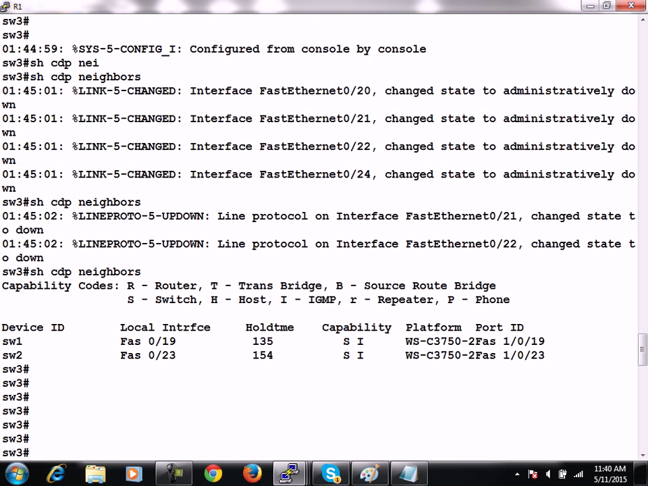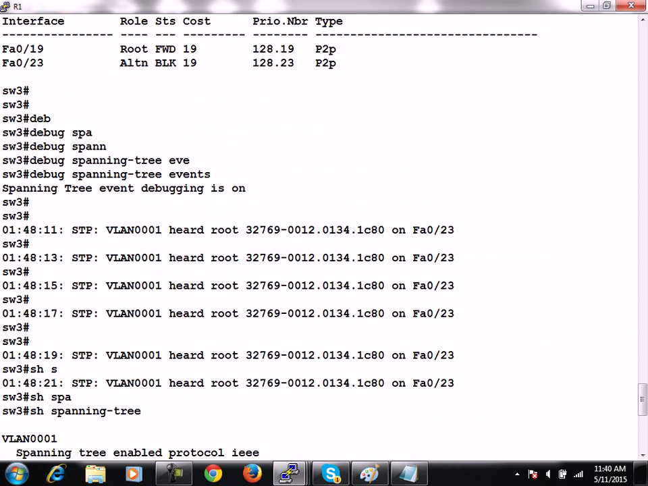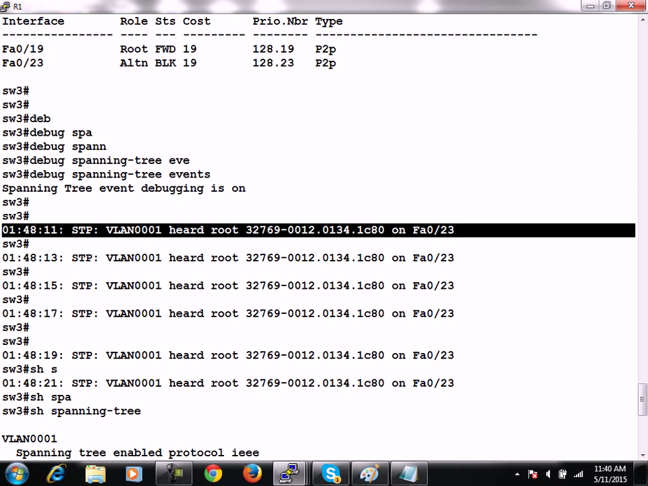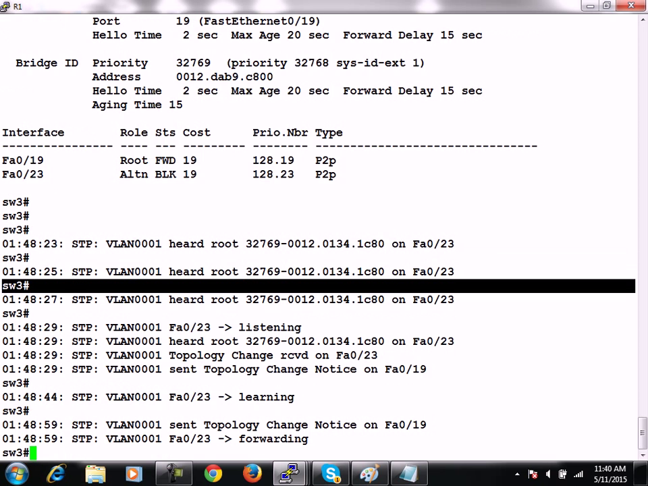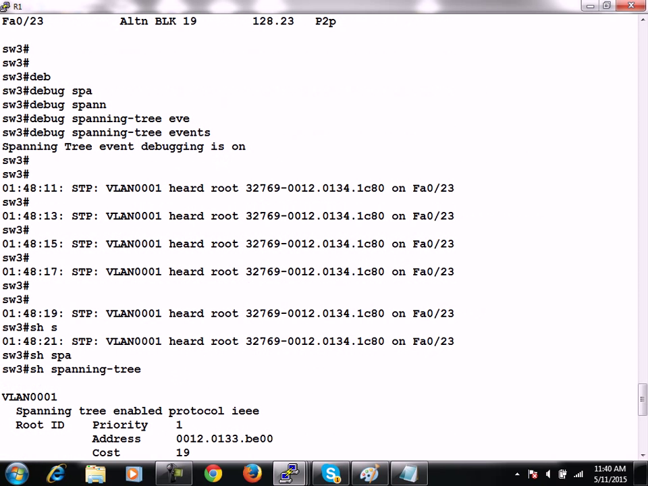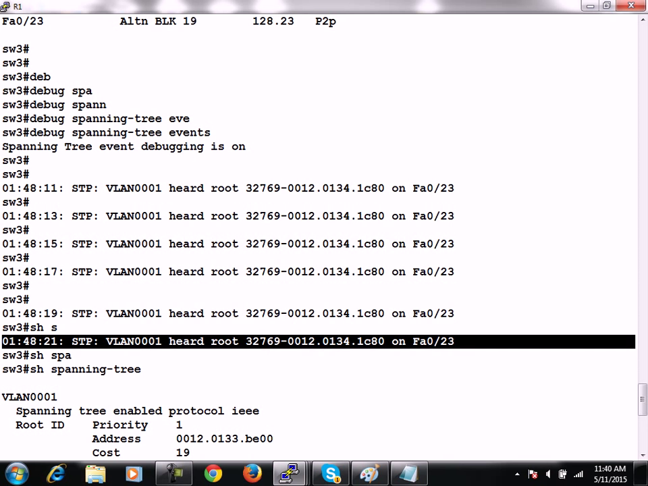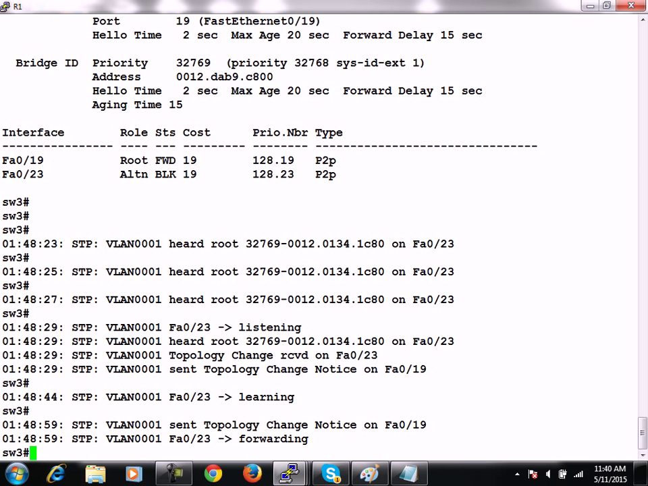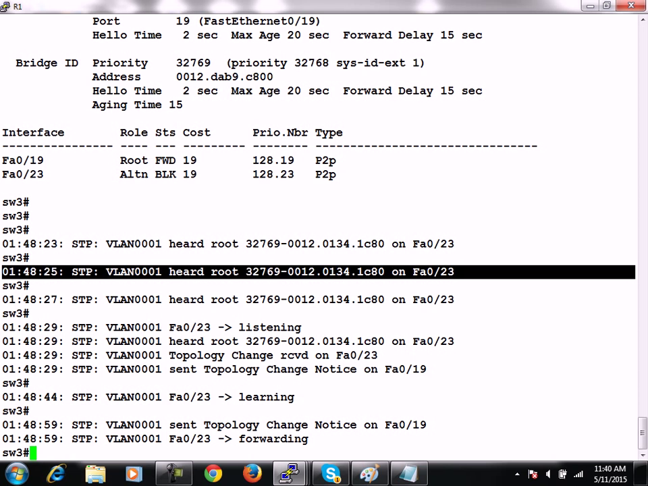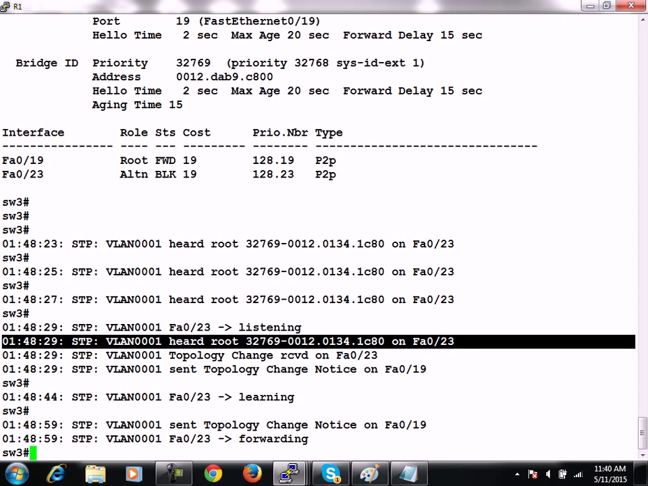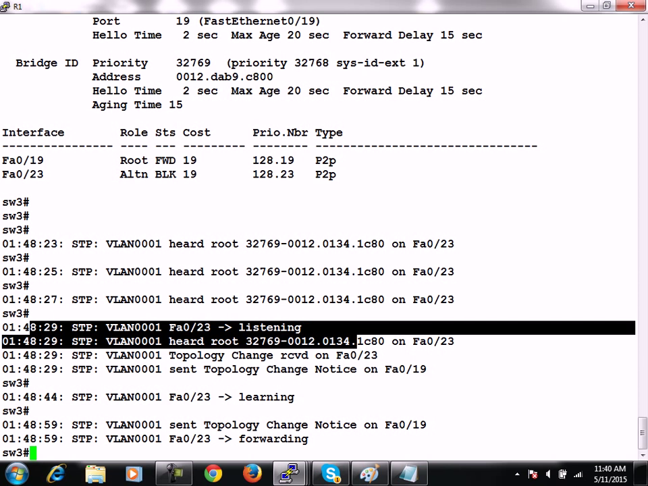See, we can also count the total number of received inferior BPDUs here. Like you can see here, 1, 2, 3, 4, 5, 6, 7, 8, 9, and this is the 10th. At the same time, after receiving the 10th inferior BPDU, it has immediately put this interface